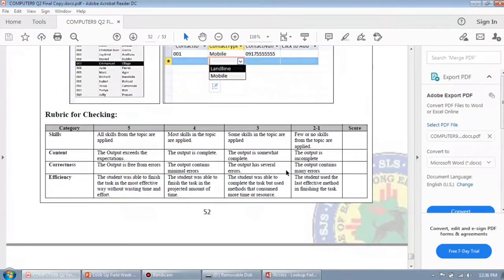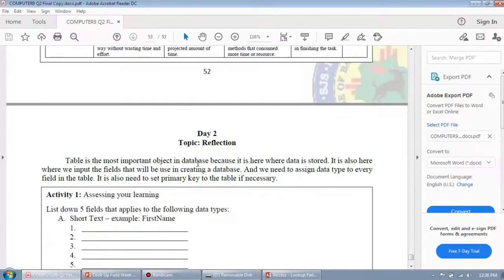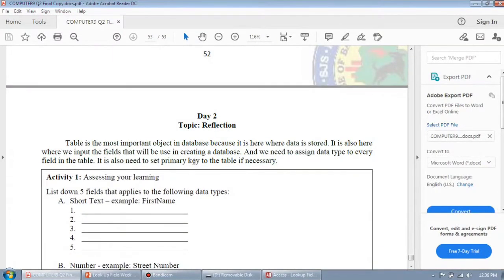Okay, landline and mobile. And here will be the rubric for checking if you want to get a perfect score. Please refer on the rubric for checking. Now, on the day number 2, week